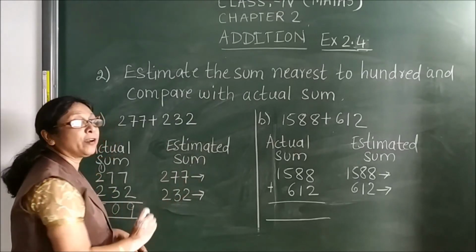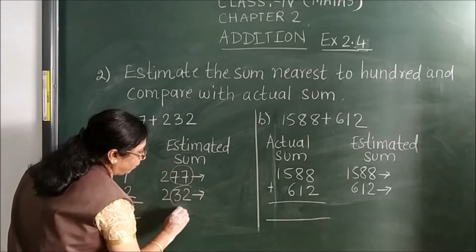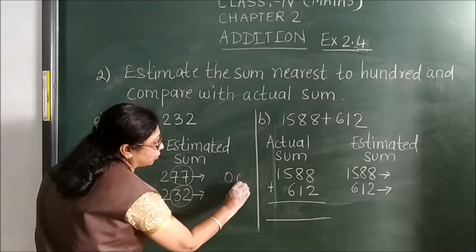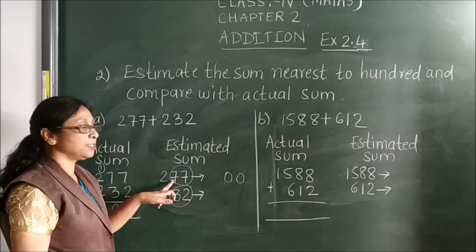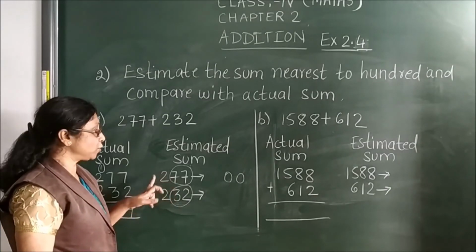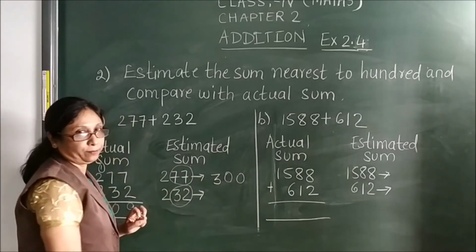So in 100 how many zeros are there? 2. So circle 2 digit. Okay, then in place of this 2 you write here 2 zeros. Then see the first digit in the circle. It is more than 5. So what will happen to 2? You have to add 1, 2 will become 3.